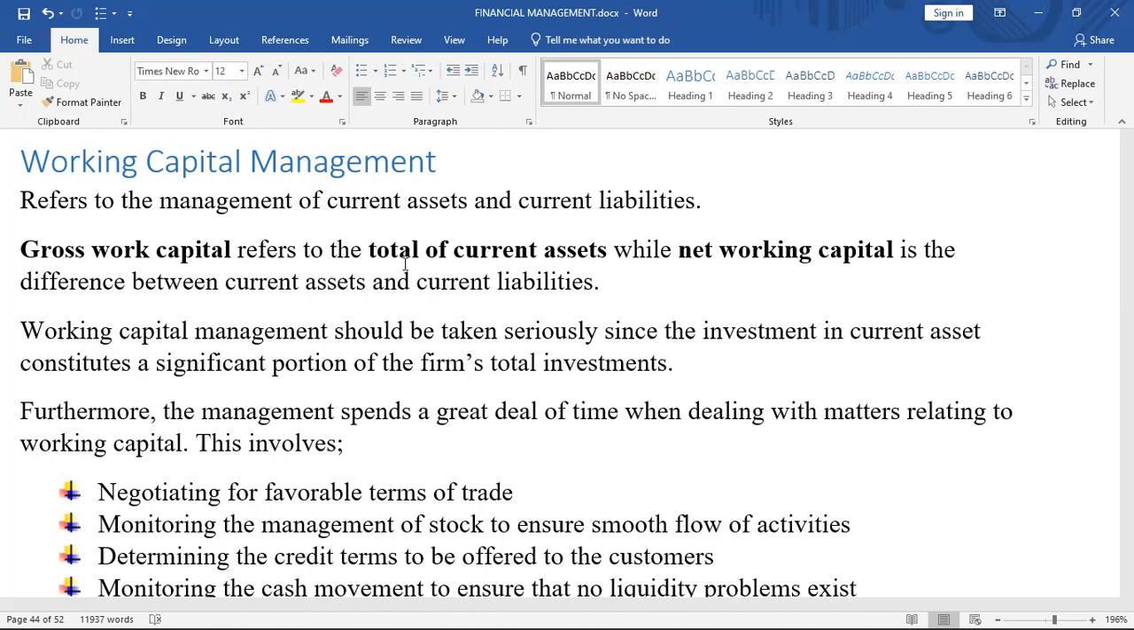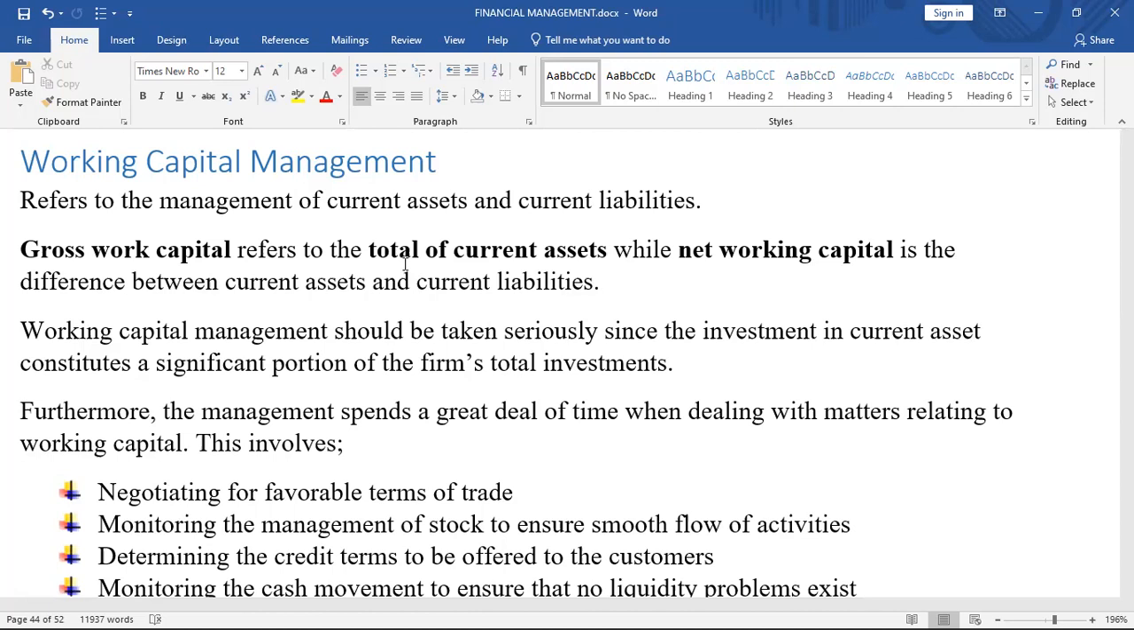But when you're looking at the current assets, it means these are the items, for instance, which can be easily converted into cash. Basically, we are discussing debtors, things like cash, inventory, among many items which normally qualify as current assets. So that is why we are saying that the gross working capital refers to the total current assets,